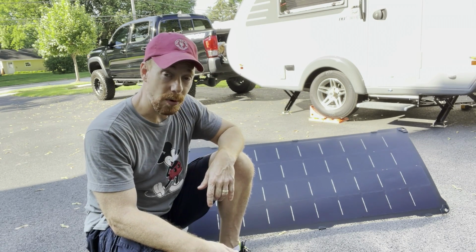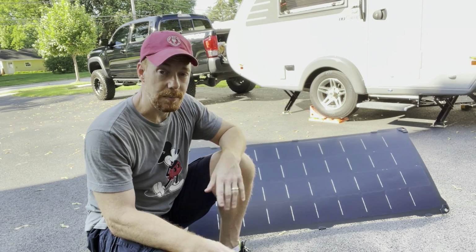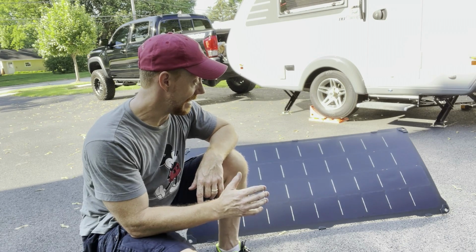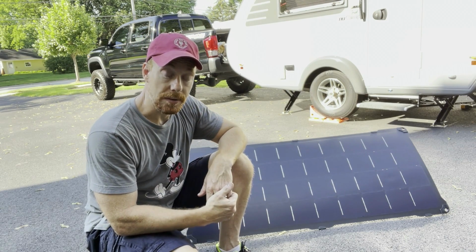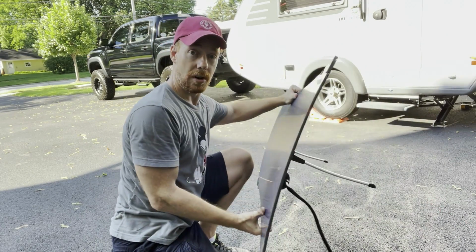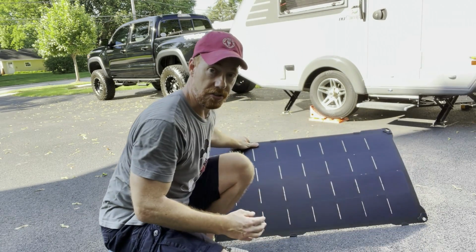So I was looking for a couple different options. Obviously, there's a number of different suitcase type solar panels out there, but the thing I love about this particular panel is that it has been custom designed for the Tab 320S trailer. What I mean by that is the panel itself has a curvature that matches the curvature of the